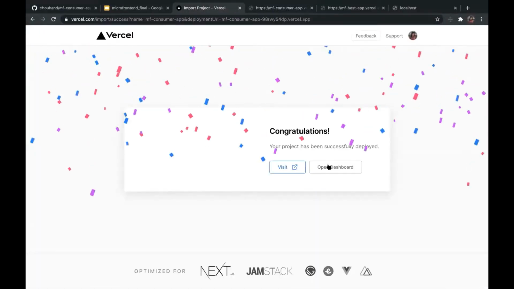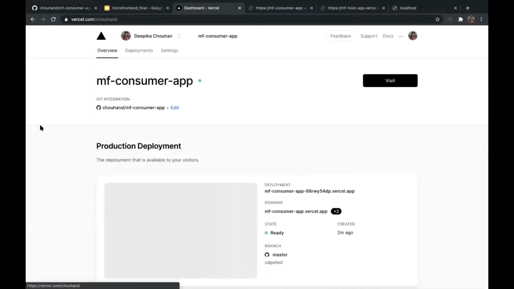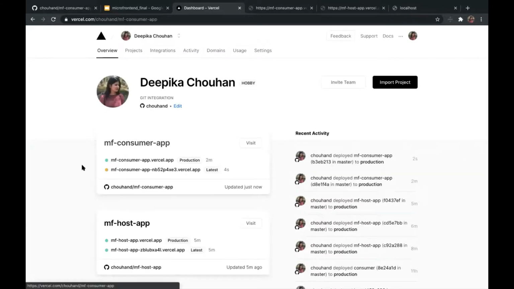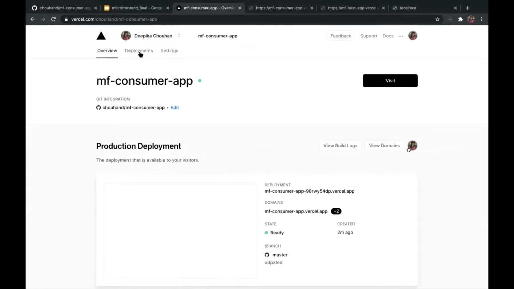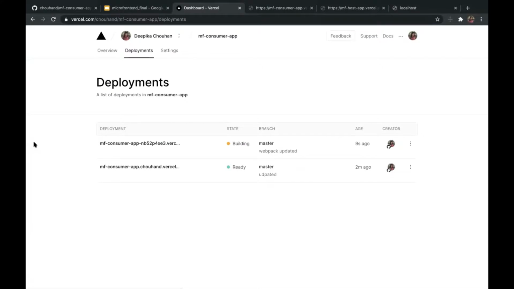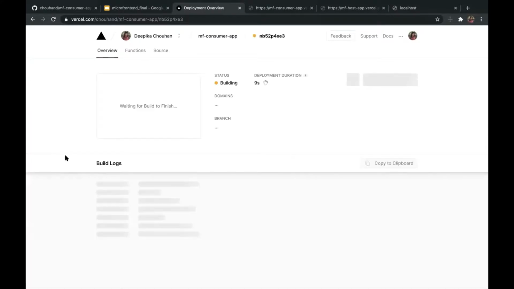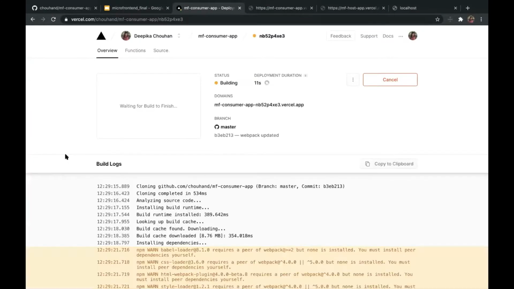Let's see if that got deployed on consumer deployments. Okay, it is building. Let's see. Okay, it is ready, and you can see that it is up and running on production also.